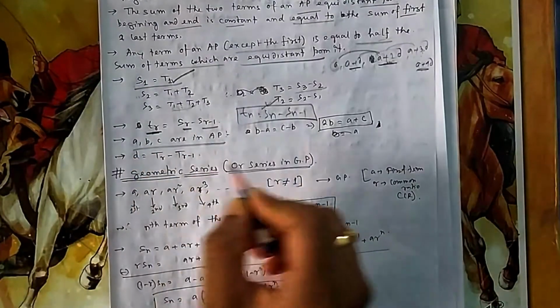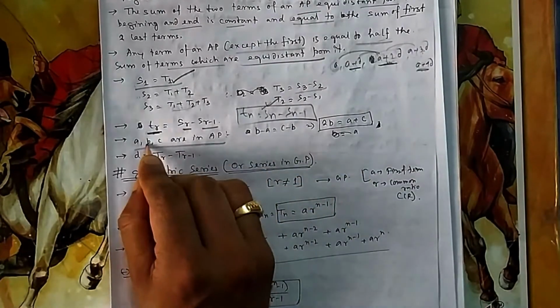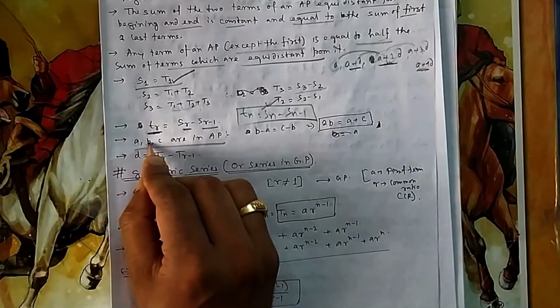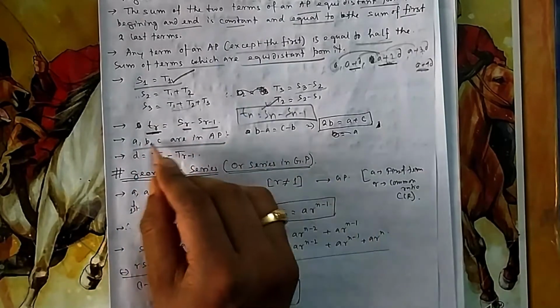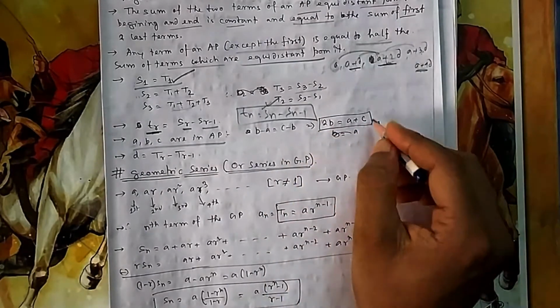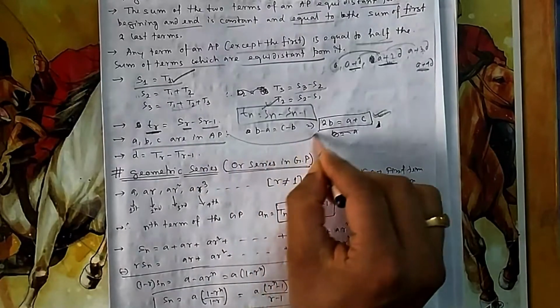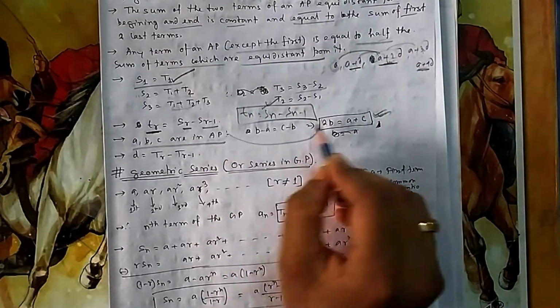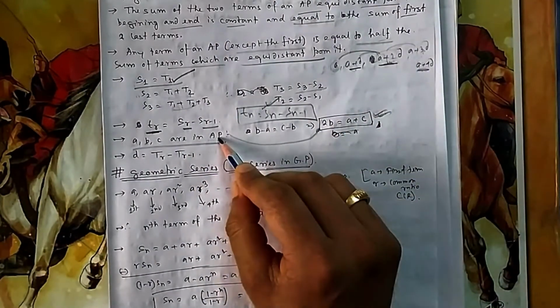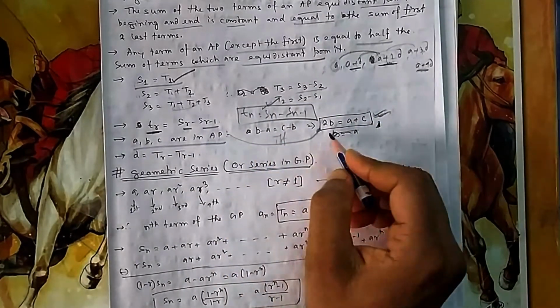Now suppose A, B, C are in AP. Three numbers are given in AP. So now you know the difference between these two, B minus A, and C minus B are equal, because they are in AP. So B minus A should be equal to C minus B. From here, 2B equals A plus C. So this is a condition. If 3 numbers are in AP, then it should be satisfied. If they are in AP, then we can say this. If this is true, then we can say this also. That is going both ways. That is, if and only if this, then this.